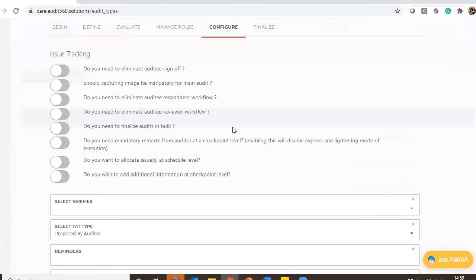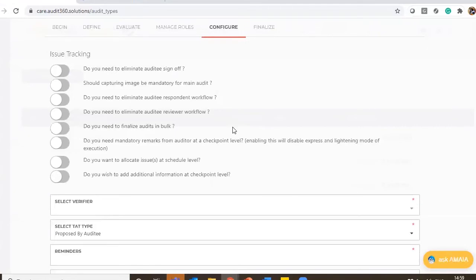We have two workflows. If you could see, there is the auditee respondent workflow and the auditee reviewer workflow. In certain cases, we only have very straightforward users, which is super admin, reviewer or auditor, and then auditee. But in certain cases, along with the auditee, we would also have a few more roles from the auditee side, where the auditee can have a supervisor who will be tagged in the auditee reviewer role, and the auditee can also have one level below users who help them respond to the issue, who are the key process owners who work on those issues and help resolve or respond to them.